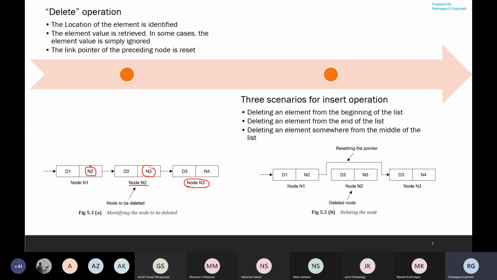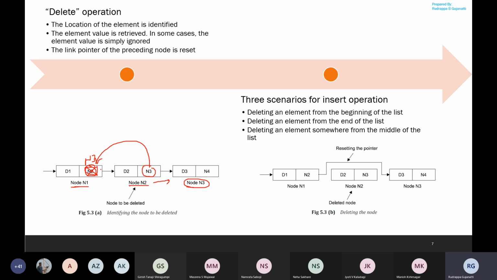So what they do is they update this address in the next field of node 1. So in this case, N3 will be there. So this field they take and store it over here. By this, you are storing the address of the node which is after node 2.